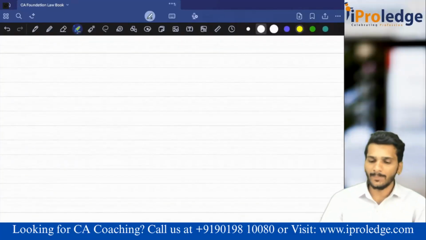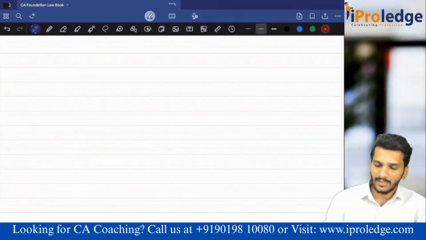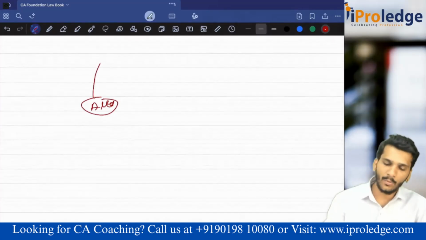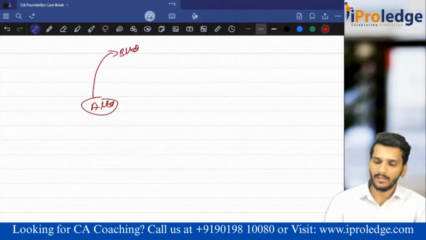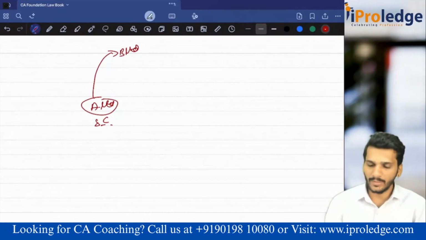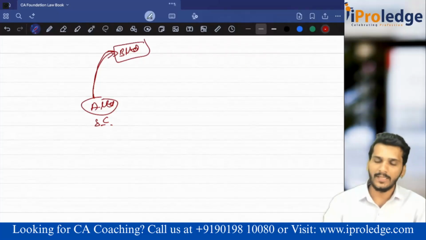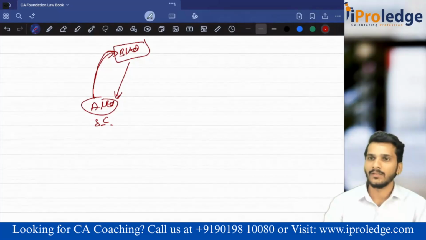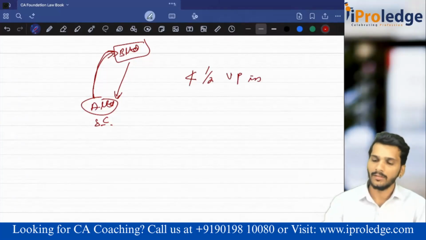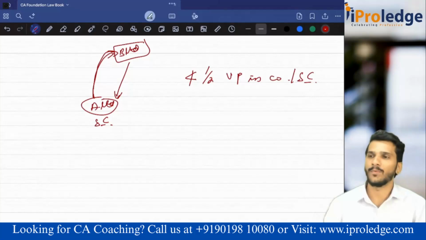A subsidiary company means a company in relation to another company. Now A Limited is a subsidiary company for me here. The other company has one of two things in this company. What are those two things? Voting: not less than one half of the voting power in the company, or in the share capital. Both are the same. Share capital and voting power are both the same.